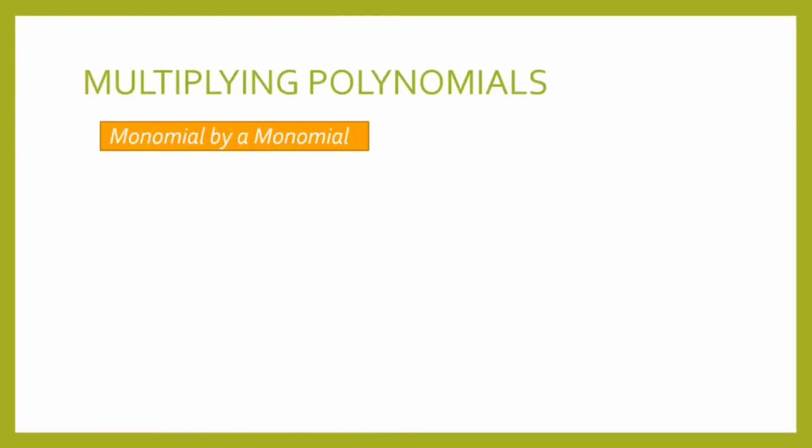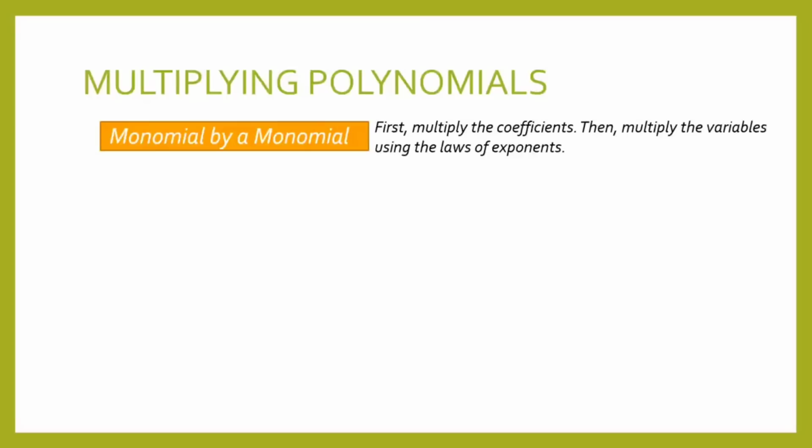Now we start by multiplying a monomial by a monomial. So can you still recall what is a monomial? That's correct. A monomial is a polynomial with only one term. So we have here the rule that we will follow. First, we multiply the coefficients, then multiply the variables using the laws of exponents, which we have learned in our previous lesson. For example,